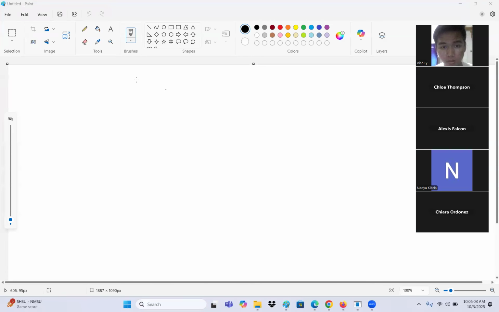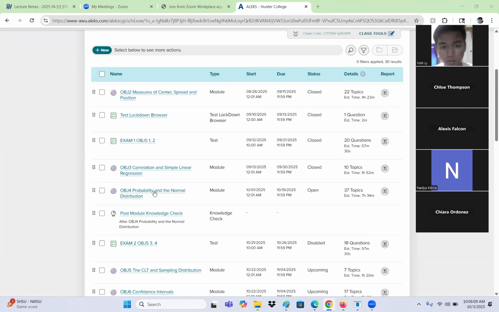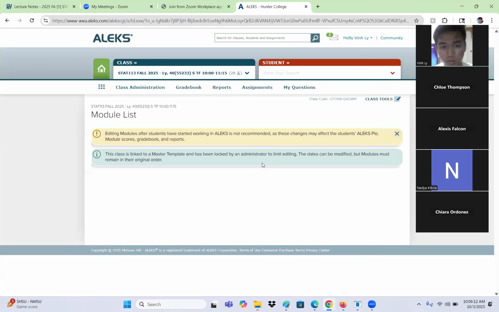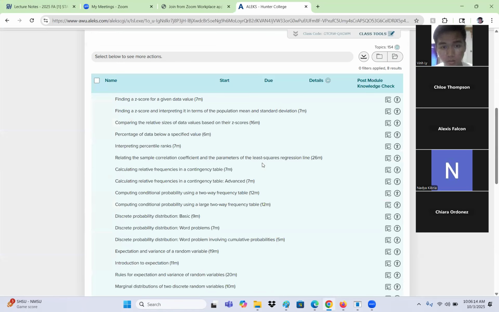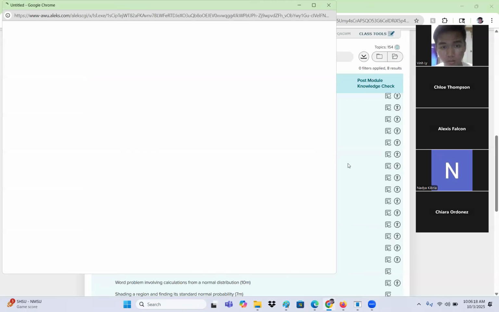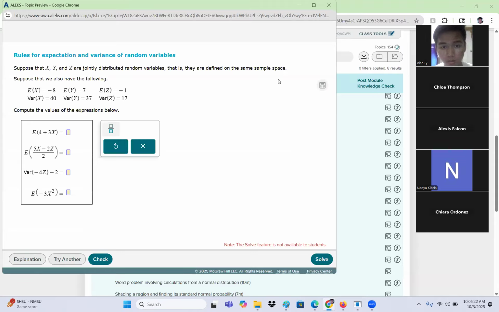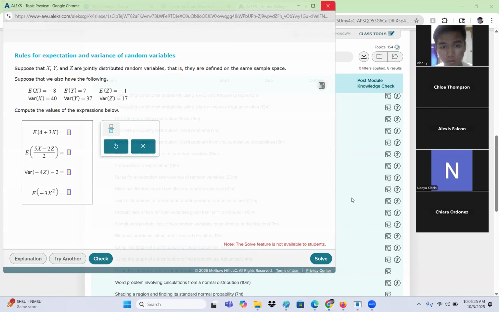All right. So we are going to continue on objective four. What are we up to right now? I think we have learned about the mean, the standard deviation, the variance, and the property, and then